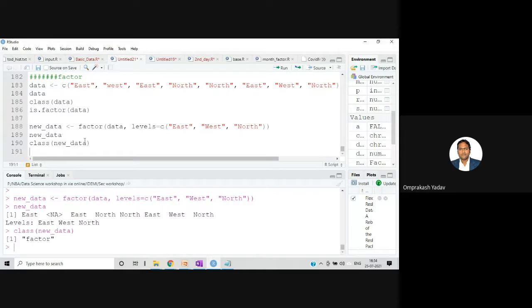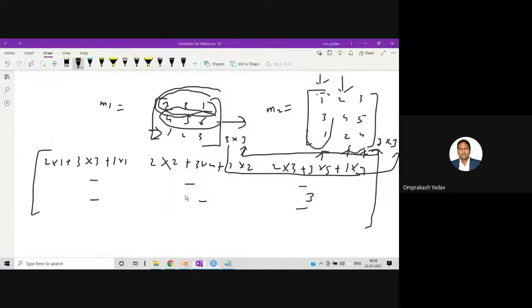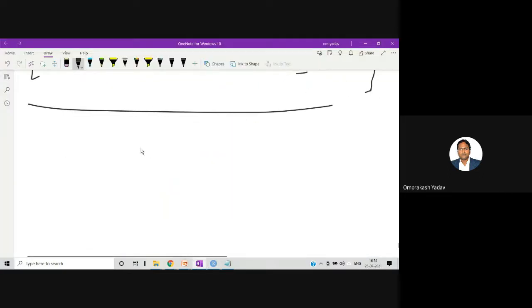In the data set, categorical data plays a very important role. So for example, if I want to demonstrate, let's say I am having a data set, okay, and here I am having the names, right, names.